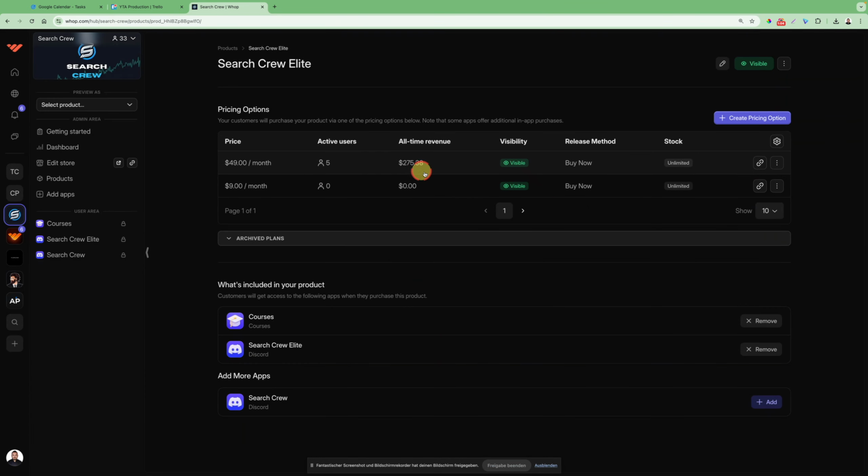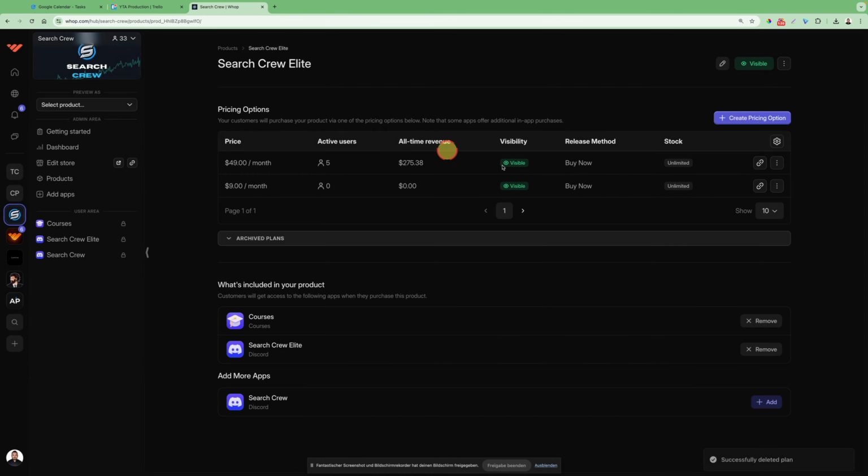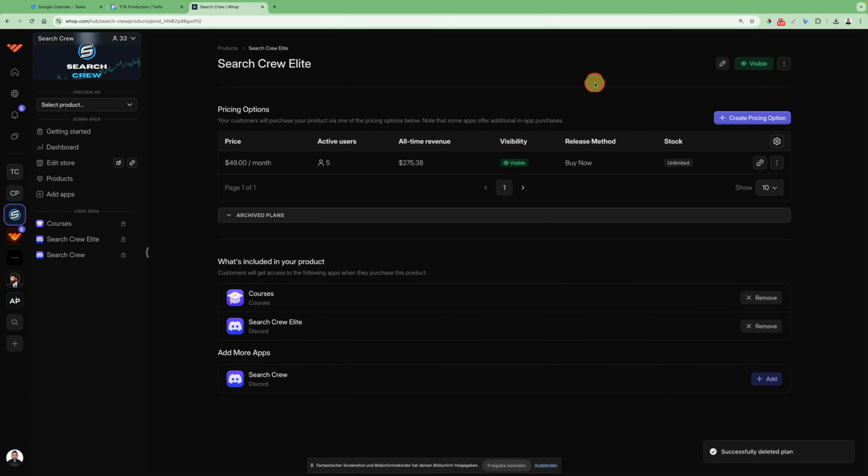And this is how you make a new product that you have, of course, to optimize, but there is currently no way to change the price within the product using Whop. So you have to create a new product, and that's basically how it works on Whop. Sadly, it is the case. I don't know why,